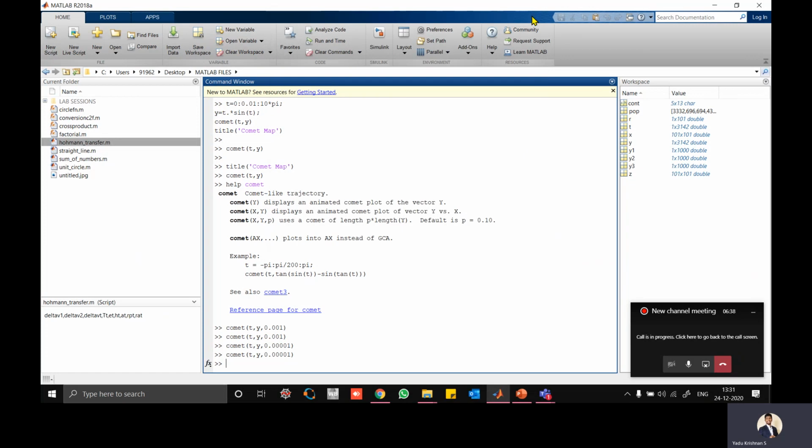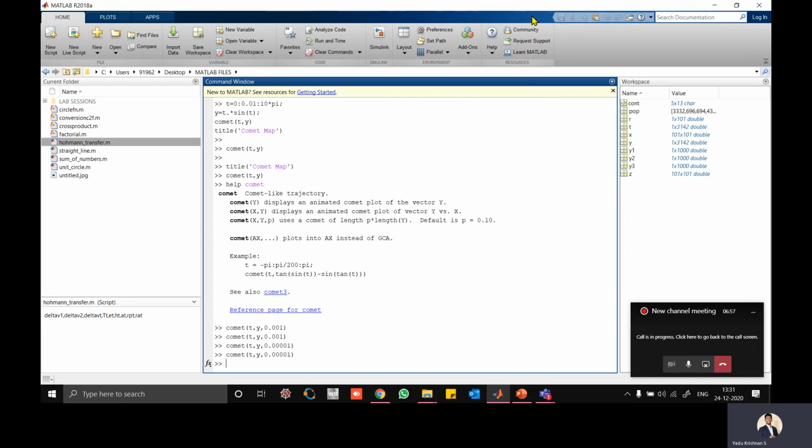So that is what a comet is. If your graph is very big, like here 0 to 10 pi, or maybe you are giving more values, we can see exactly how the point is moving using the comet.